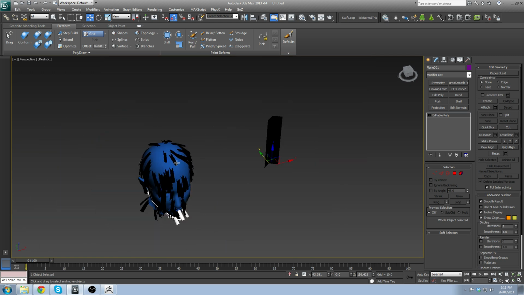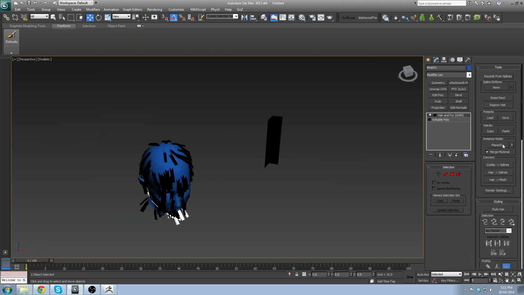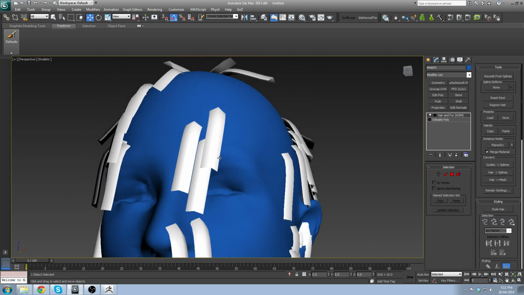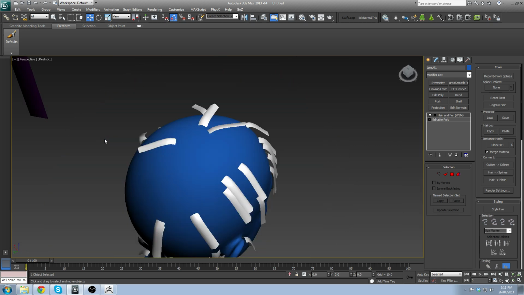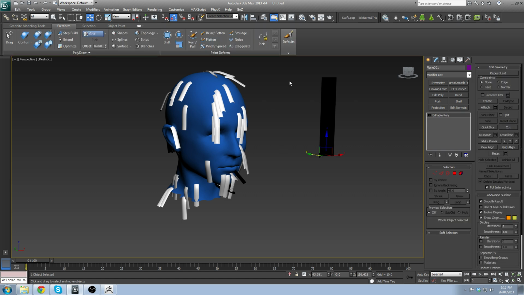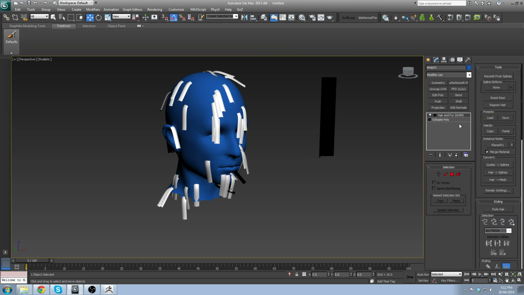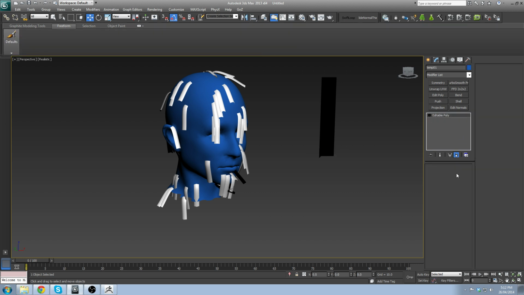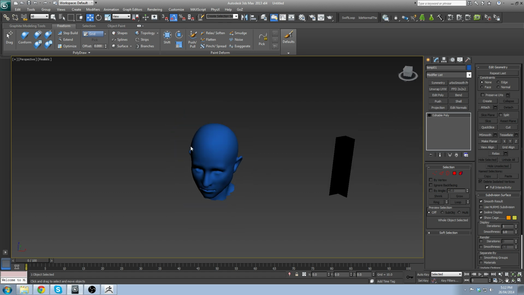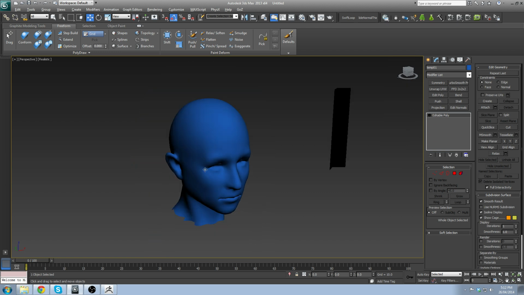Alright, so if I go back to the head and select again my geometry, you see now it's oriented properly. Now it's working. This is more what I want. So this modifier was just for testing the right orientation. Alright, so now we're ready to work with the hair. So now I'm just gonna delete this, because I don't like to work directly with the geometry for